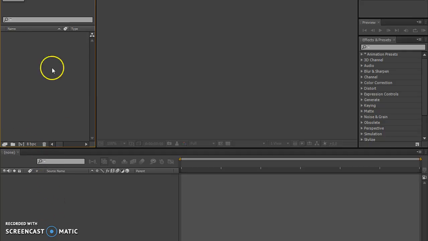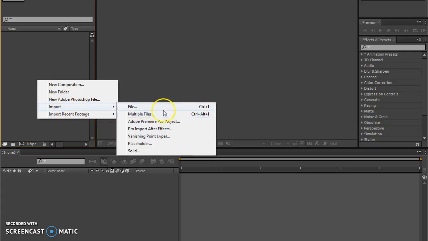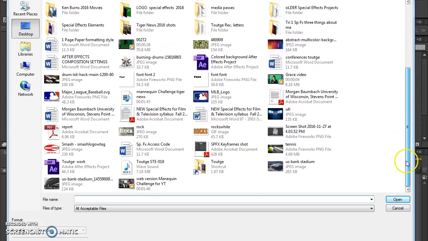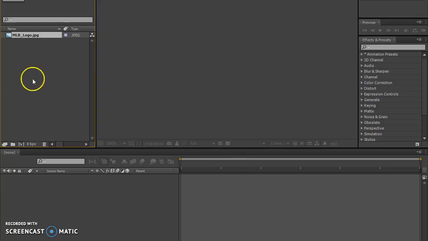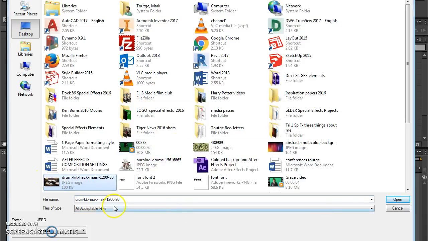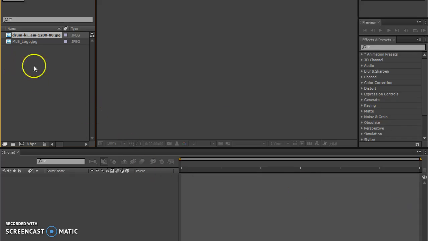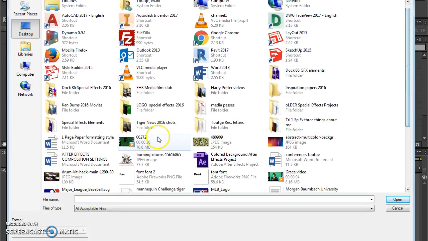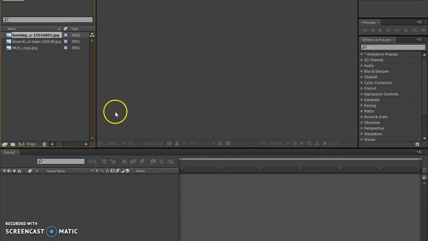All right. So I'm going to import a couple pictures here. Import file. Here's my glorious desktop. We'll bring in a Major League Baseball logo. It's almost baseball season. Import file. Bring in my drum kit. Hit open. And then we'll bring in one more file here. This one right here. All right, so I've got 3 pictures in here. Everybody with me here? Sweet. Now we're going to